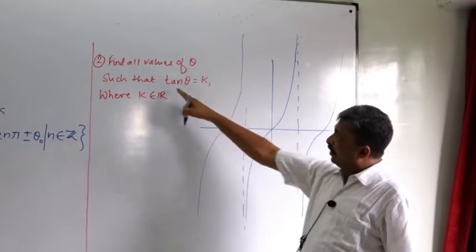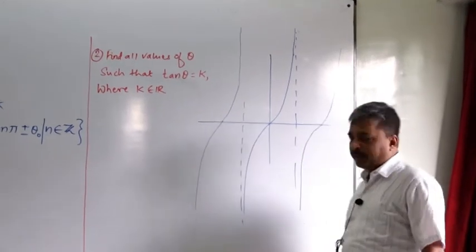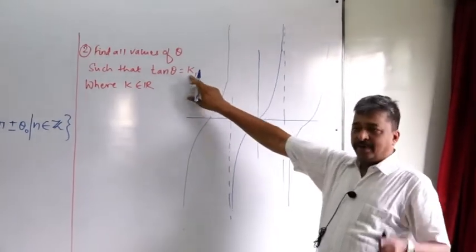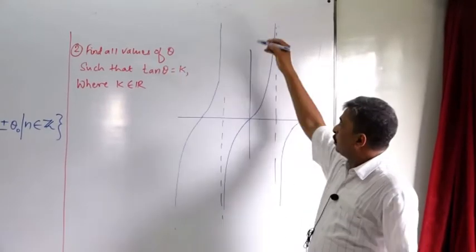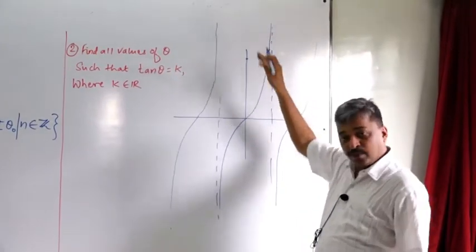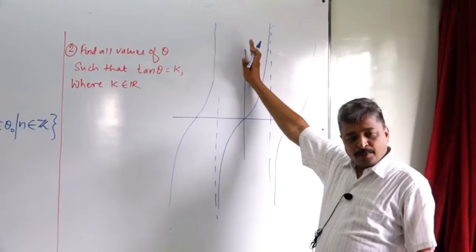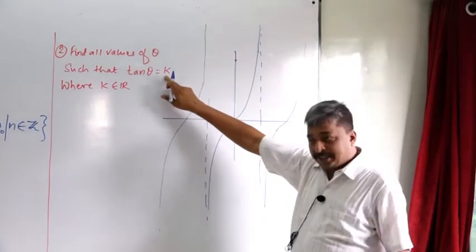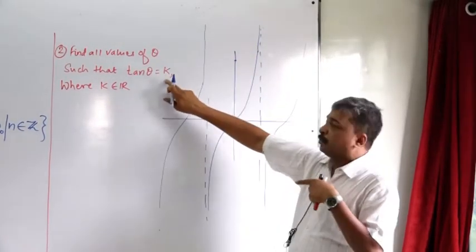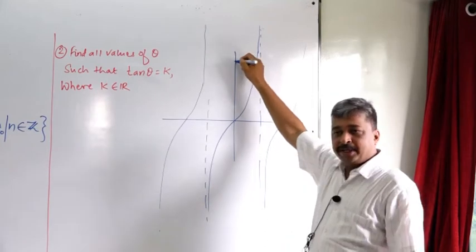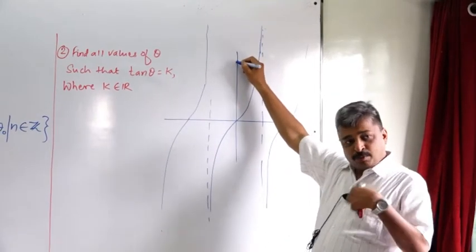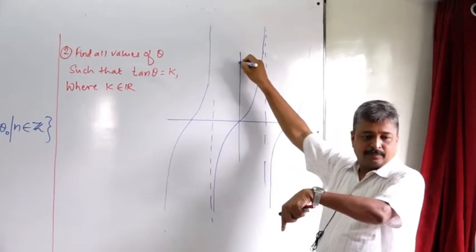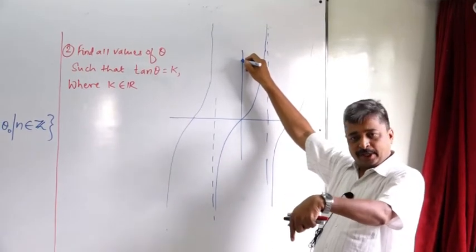Okay, so when we are solving this equation, what are we trying to do? We have been given the k value, that is the tan theta value. Suppose tan theta value is on the y axis. The value of the function is given to us, that is k. So tan theta is equal to k. Suppose this is the point k. Then we are supposed to back calculate what is the theta. That is solving a trigonometric equation.